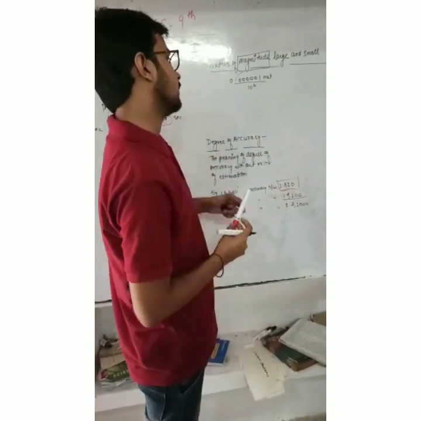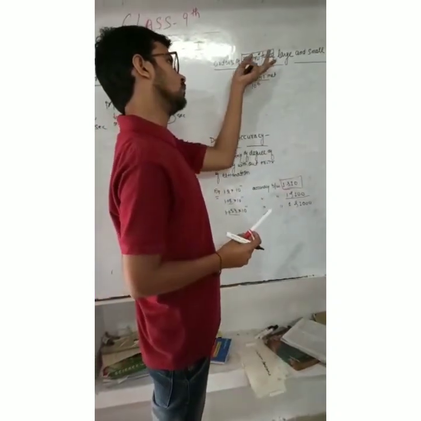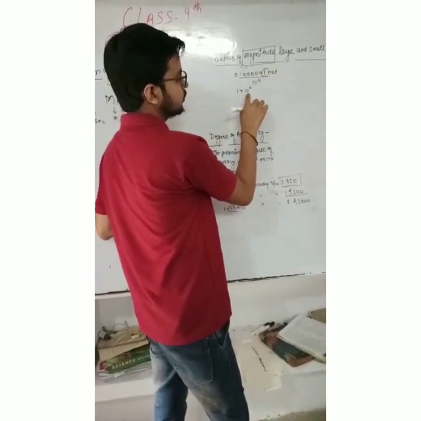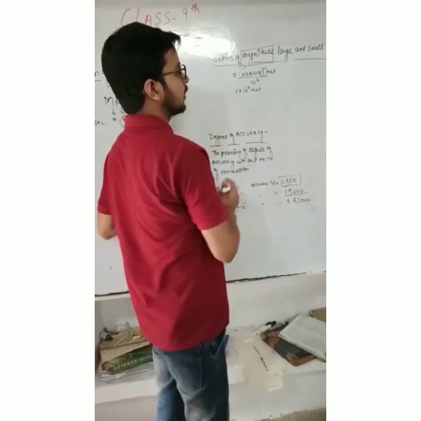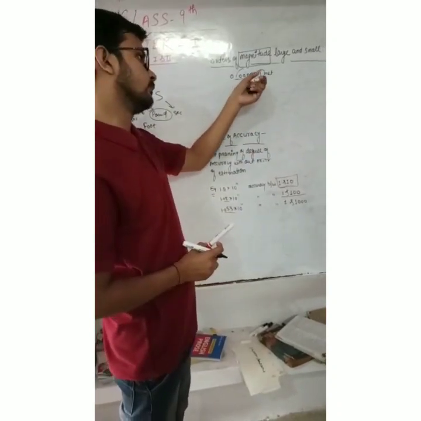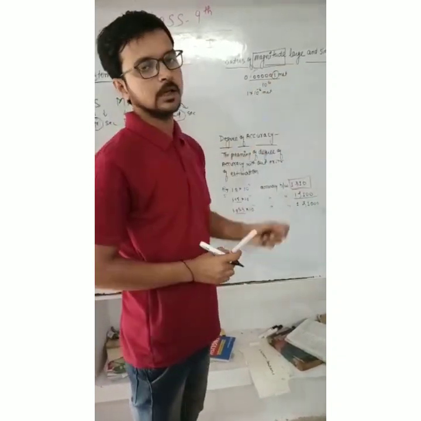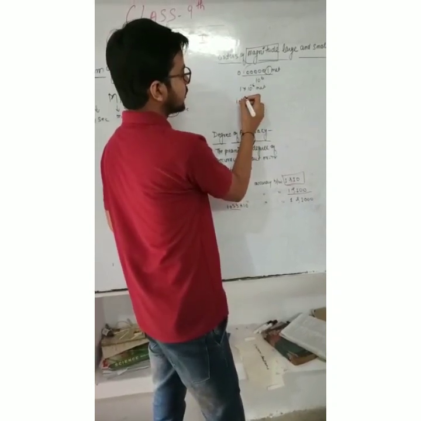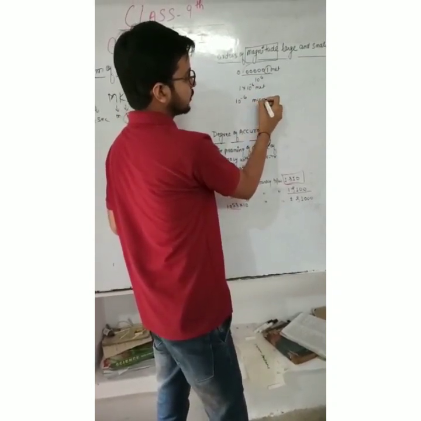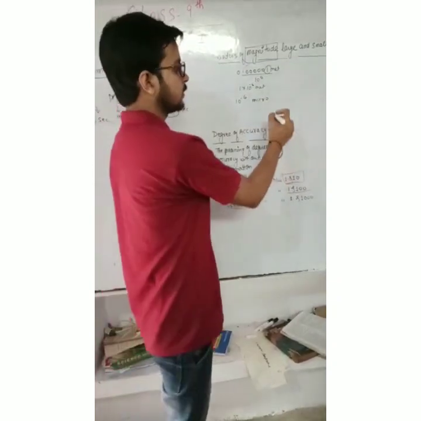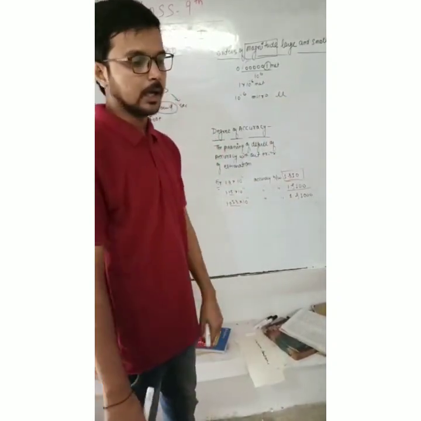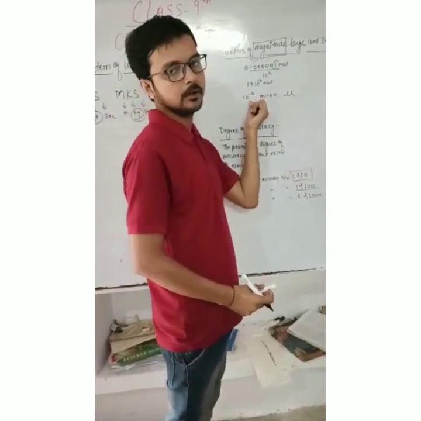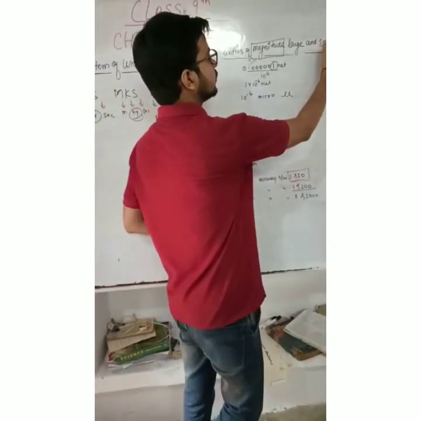Now you know that when the power goes from the denominator to the numerator, it becomes 1 into 10 to the power 6, with a minus sign. When the power moves between denominator and numerator, the sign becomes minus. That means 1 into 10 to the power minus 6 meter. 10 to the power minus 6 meter is represented by micro. This is called micro, and micro is represented by this symbol. Other different units are also used. This is very small, because the power is minus. Okay, now the magnitude is small.